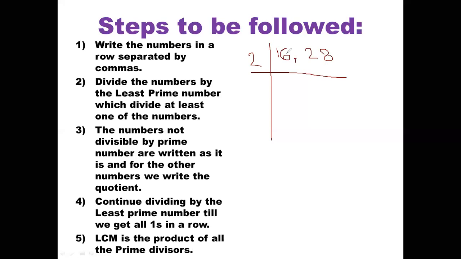Now the quotient will come down under the dividend. For example, in 2's table, 16 comes by 8. So I'm going to write down 8 under 16, comma in between again. Then 28 comes in the table of 2 by 14. So 14 should be written, the quotient should be written under the dividend like this. I'm going to draw a line to close these numbers in a row.